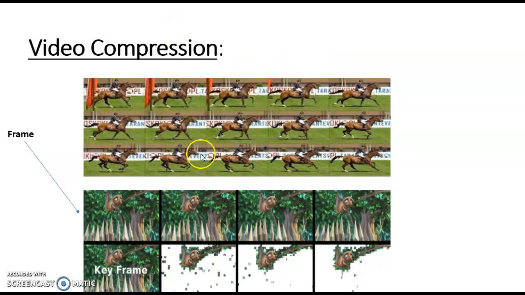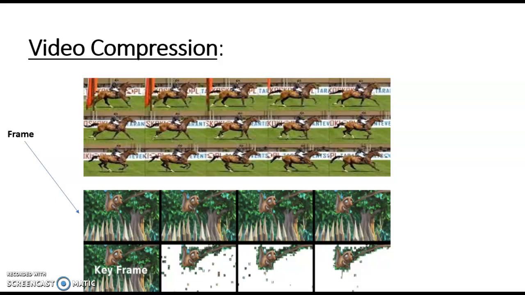But the problem is, if there is a lot of difference in a frame, like a lot of movement and activity, then we have to send that whole frame. So in a video compression system, they decide whether they should transfer the whole frame or just the difference. For that, every time they calculate the sum of absolute difference. They calculate the difference between two frames and depending on that they can keep a threshold.